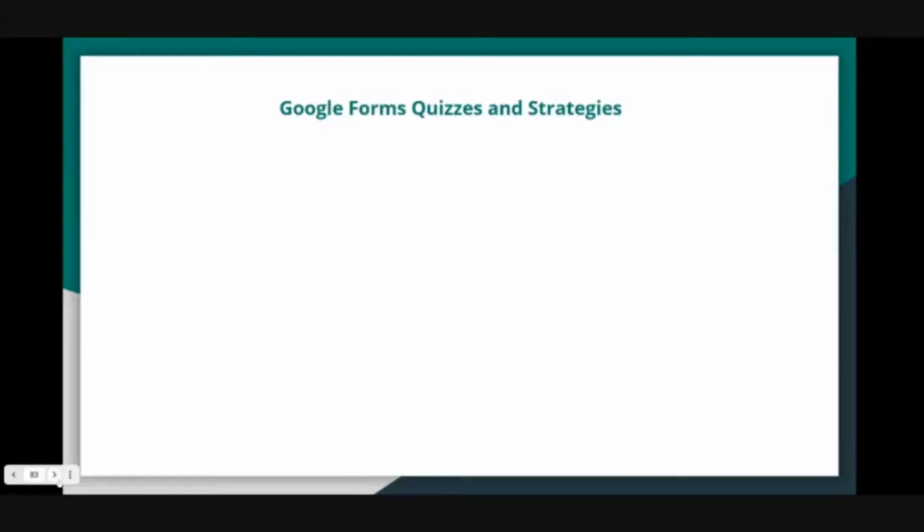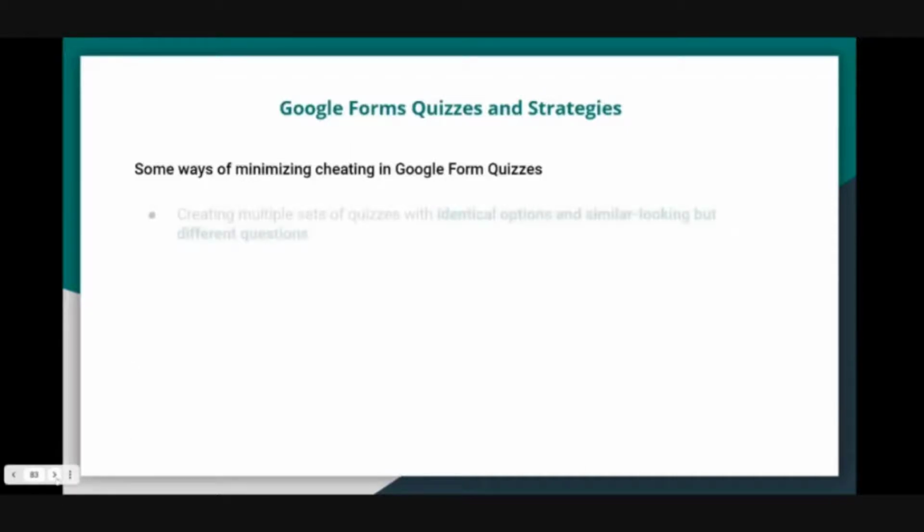Here, I just want to mention some strategies as to how we can minimize cheating if we use Google Form quizzes. So one thing is that making quizzes on Google Form are actually quite safe, as opposed to the previous gaming platform I showed you. Cheat codes are not available, at least as far as I could find. Google Forms are a very safe way of conducting quizzes, right? But why do we need, and what can we do?